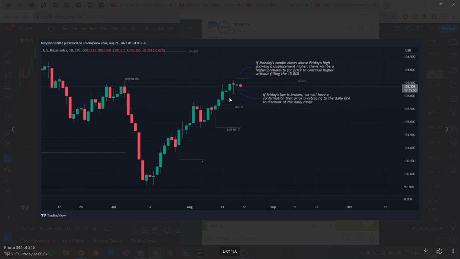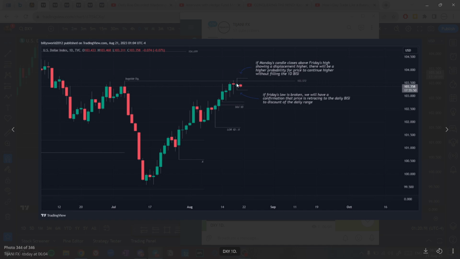We have a lot of sell side liquidity below this that price could check, filling the weekly BC, filling the daily BC, for price to continue higher. Price has taken an external liquidity and it's heading to fill an internal liquidity, and we know that the market is booked on liquidity from external to internal and vice versa, right?